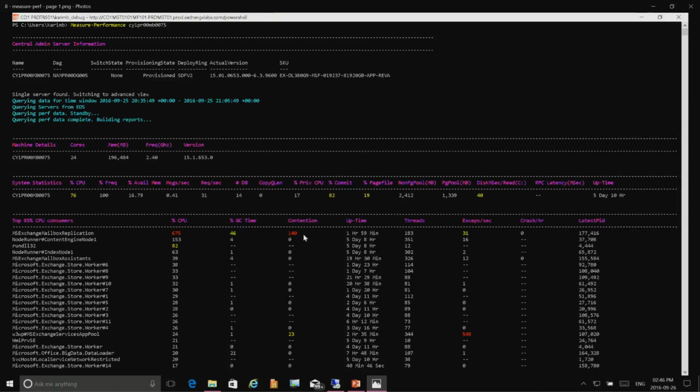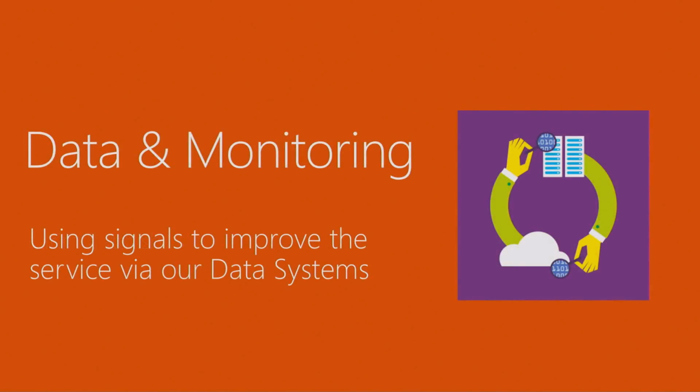Hopefully you had a sense of the world we live in, and of course, machines that don't behave. We know quite a little bit about that. All right, let's spend some time talking about monitoring, which is a key area of how we run our services at scale.